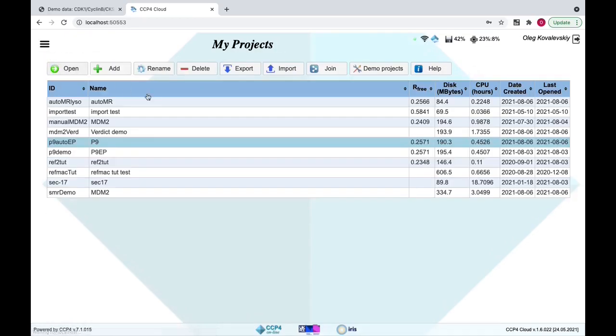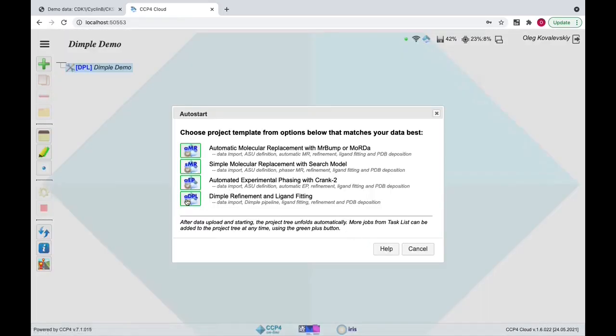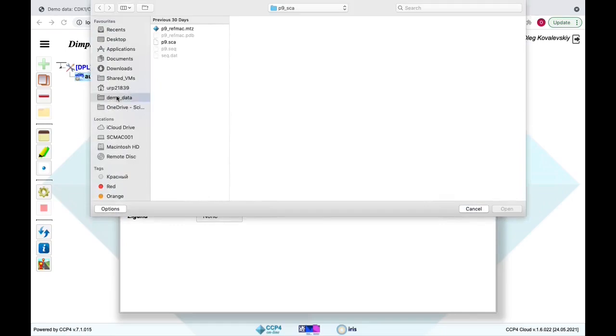And let me show you the last available workflow at the moment. We are thinking about making more workflows. That is the Dimple workflow. Dimple is a pipeline specifically designed for the cases when you determine multiple structures of the same protein crystallized with different ligands. So the assumption here is that you have your reflection data,